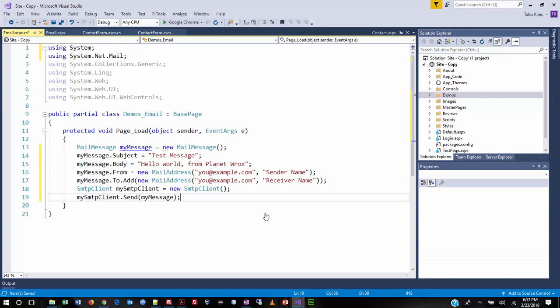Now, this is kind of interesting in the fact that you can actually populate these to and from fields. So really, what you should probably put here is something that you want the users to see. You ever wonder about those systems where you get the do not reply emails and how all that's generated? They just write it into script files like this. And when you do try to reply, of course, it's going back to an address that doesn't exist because it's just a snippet of text. It's not anything real. So if you want to put in something that's real here,